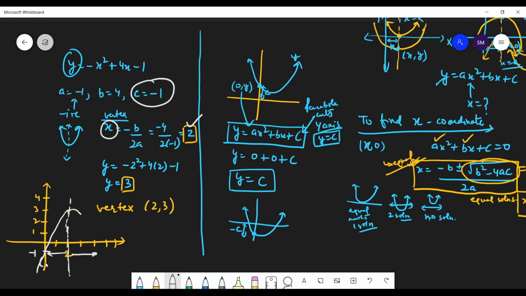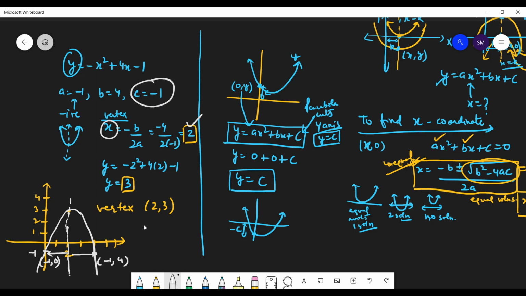So this point, what was it? -1, y equals to -1, and x equals to 0. Okay, so what will be its mirror image here? Tell me. Very good. So that is on this side. Very good. So that's how we draw the graph.